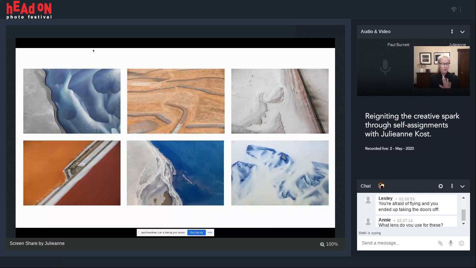Then you have a completely different set of rules, right? So for example, Nat Geo Travel wanted to use some of my images, and I had to go back and make sure that I had not enhanced those images or manipulated those images. I hadn't removed anything, because that was a use that was more journalistic.